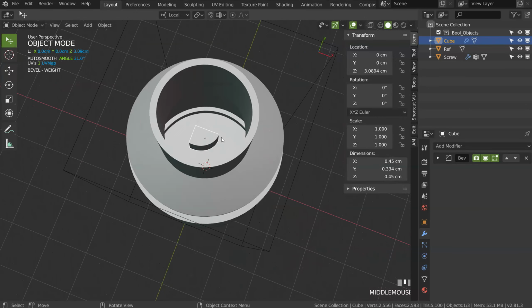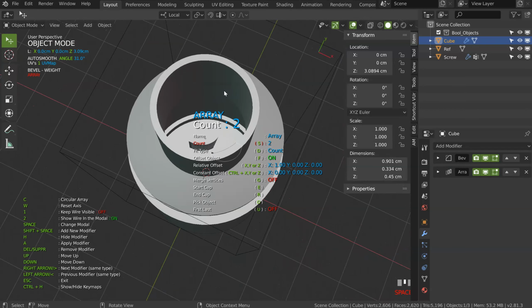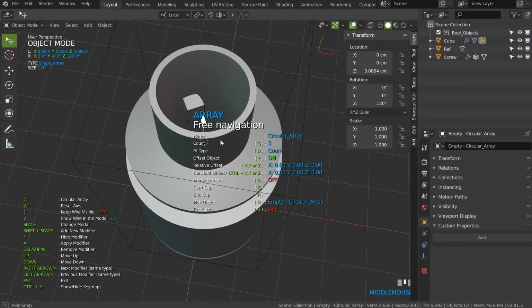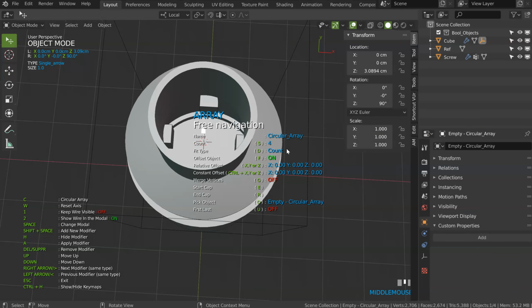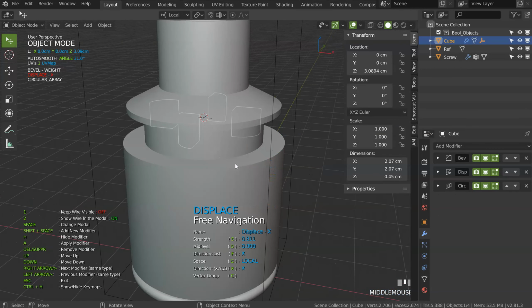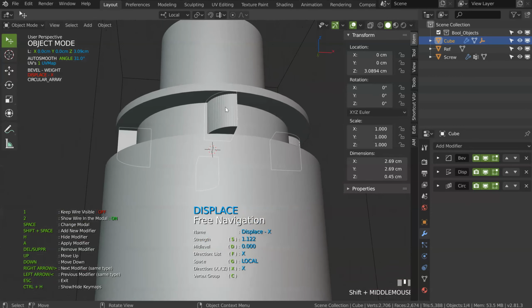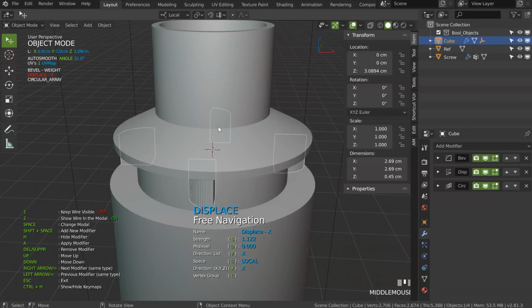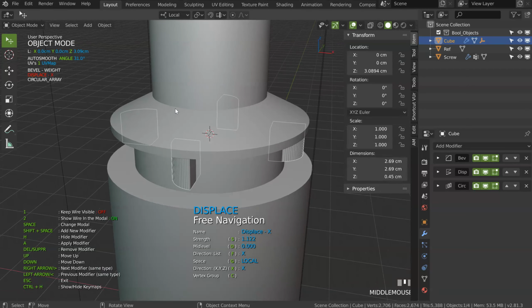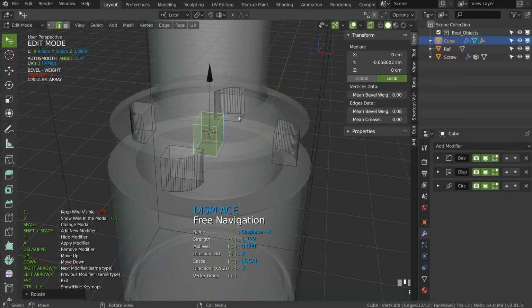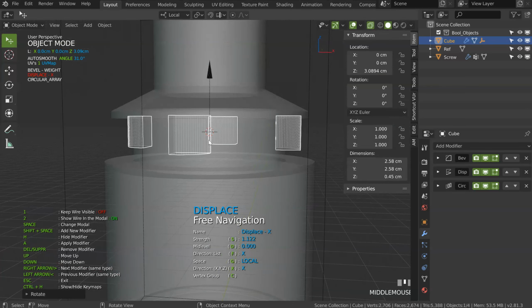What I will do is to add an array, like that, and I will press C for circular array. C, just like that. And I will add 4. I will play with the displays and I will have this result. So as you can see, my object has been rotated, so this is not what I want. I can press tab, tab 3 to see, select everything, and make your rotation, let's see, RZ90, yes, and that will fix everything.